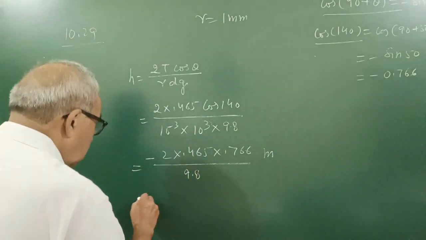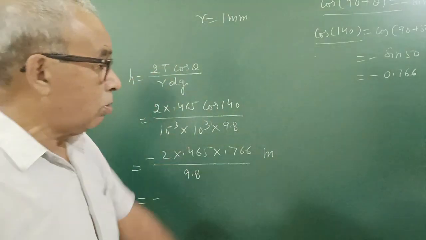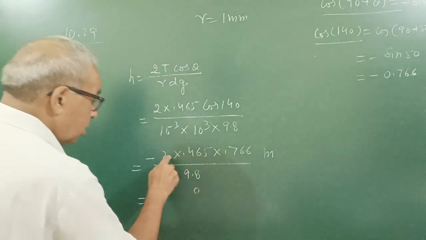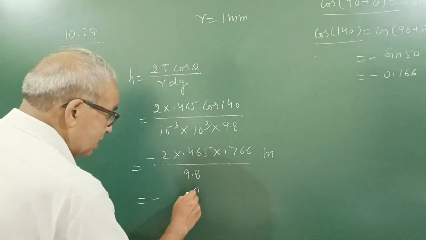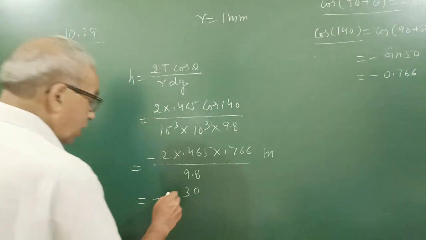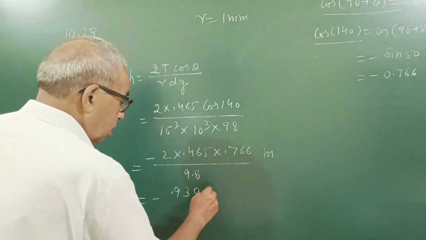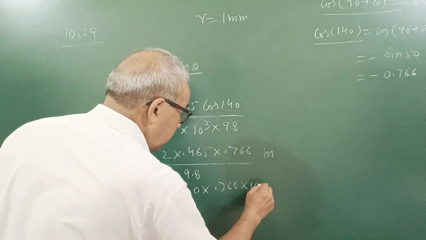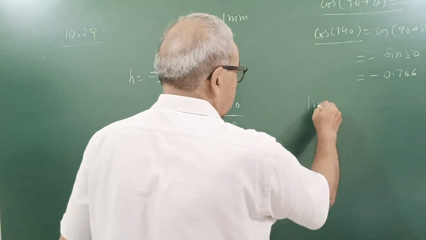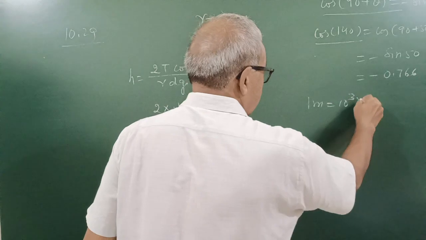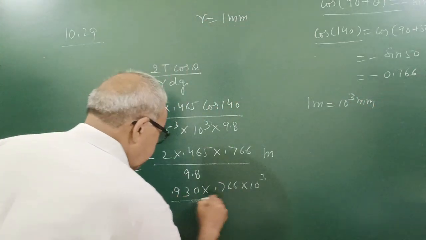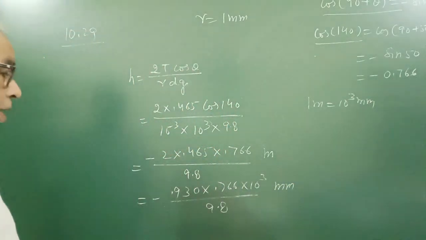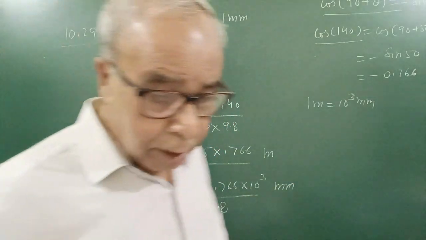Minus means it dips down, the minus sign means it will go down. 2 5 are 10, 2 6 are 12 or 1 is 13, 2 4 are 8 or 1 is 9, 0.93 into 0.766, 10 to the power 3, since 1 meter is 10 to the power 3 millimeter, upon 9.8. Now write here millimeter, and when you solve it, you will get this value to be minus